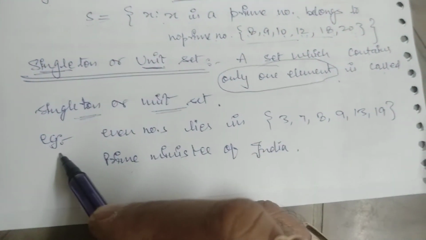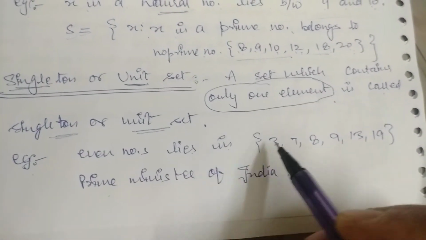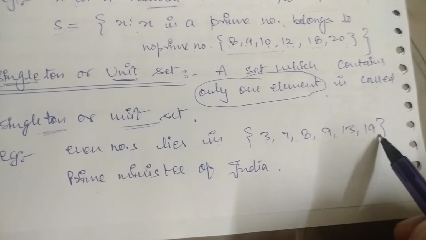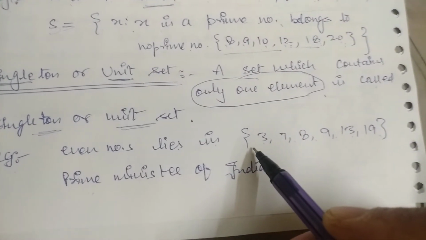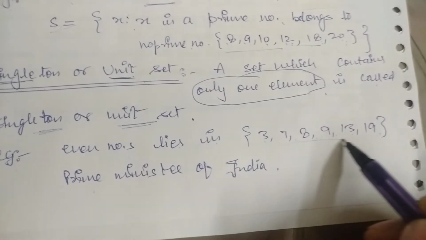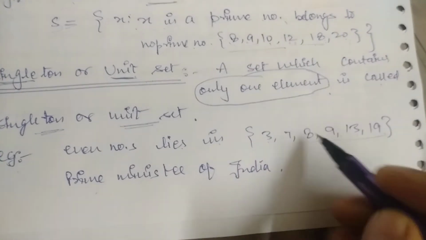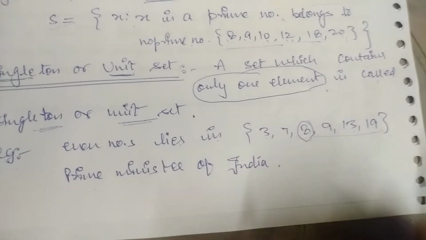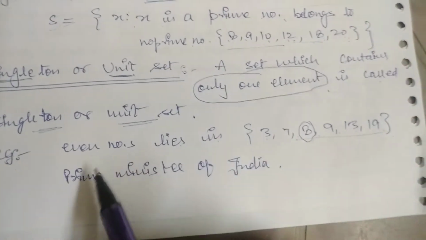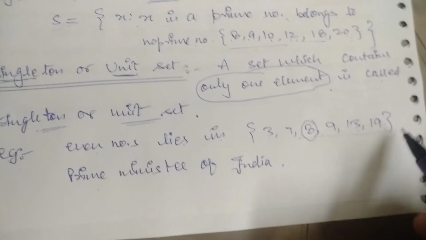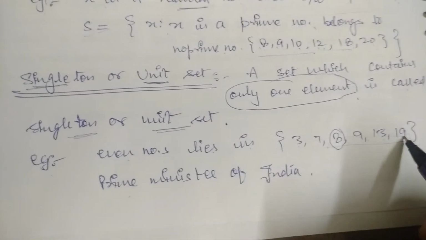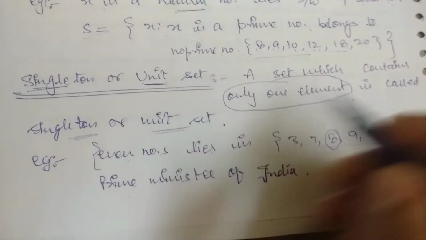For example, even numbers that lie in 3, 7, 8, 9, 13, 19. Can you tell me what are the even numbers in this set? Only 8. Only one number in this set is even. Therefore, this complete set is the